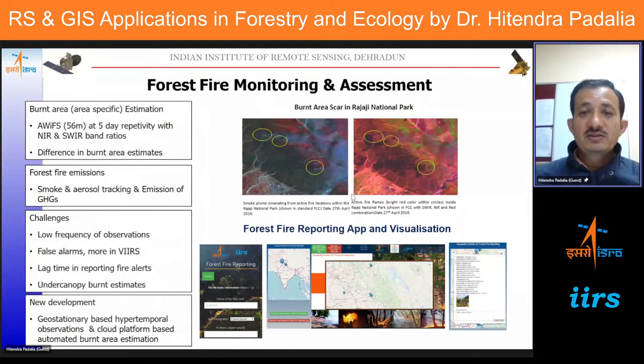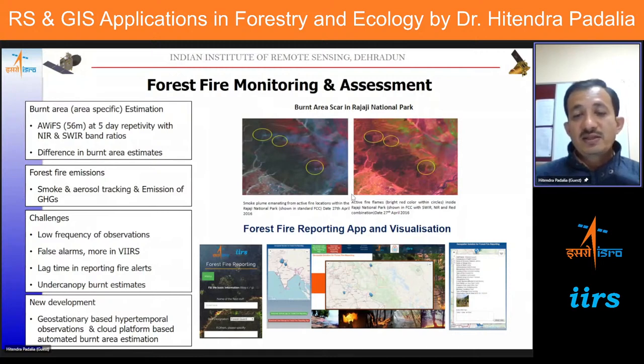This picture shows the extent of large fires. In certain years, we have episodic fires, particularly in the Himalayan states, and we have witnessed it. Because of climate change, this year also, you might have heard, in Europe there have been a lot of forest fire incidences due to the increased dryness in the atmosphere, as well as the dryness of the forest litter, and large fires have happened across Europe, and even in India. In certain years when droughts occur, large forest fires happen, a lot of areas get burned, and a lot of carbon is emitted into the atmosphere.